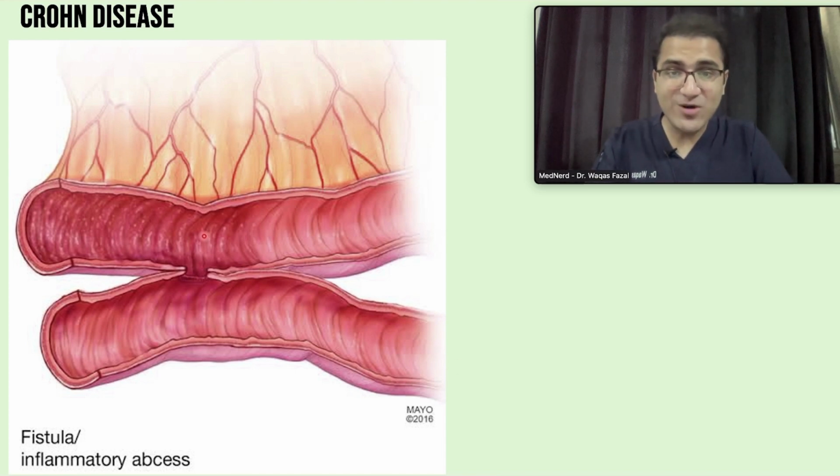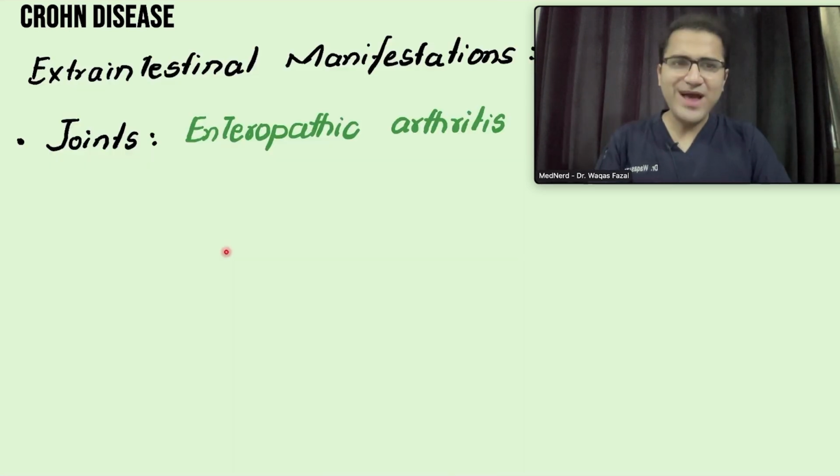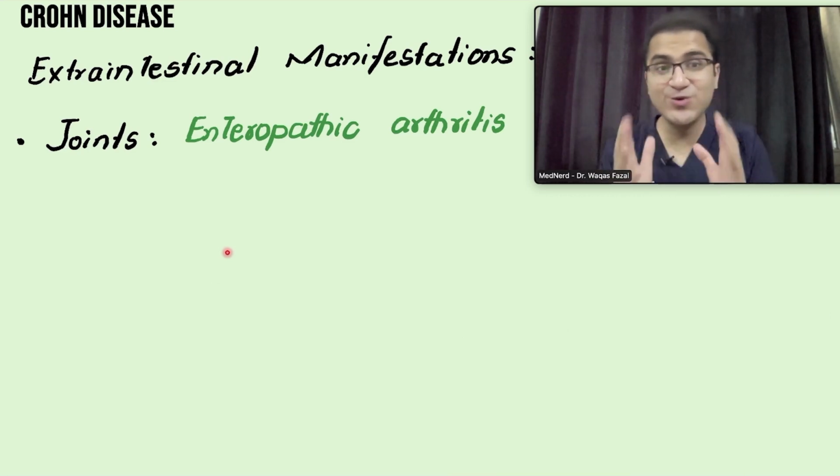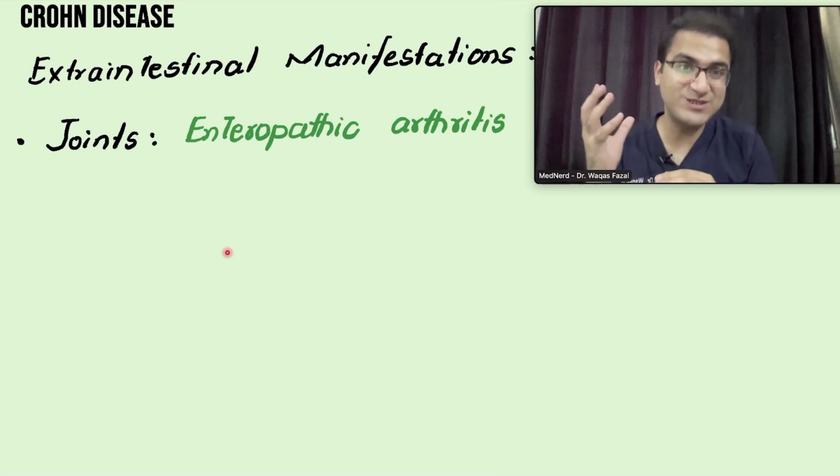This is an enteric fistula, where one intestine gets attached to another intestine through a passage, through a fistula. Now coming to extraintestinal manifestations, remember inflammatory bowel diseases like ulcerative colitis and Crohn's disease are usually associated with extraintestinal manifestations,